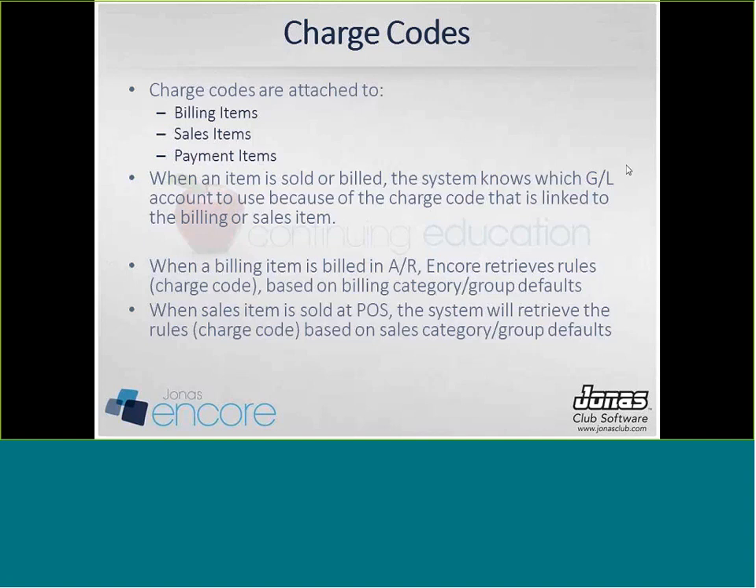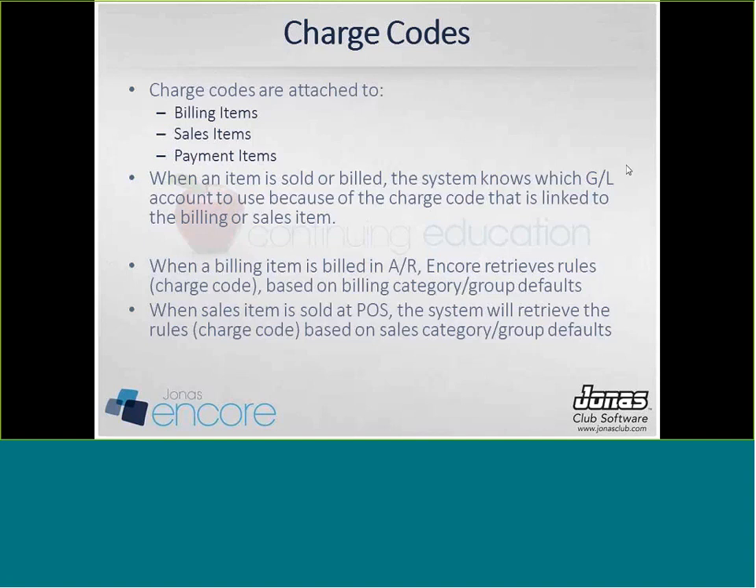When a billing item is billed in accounts receivable, Encore retrieves the rules or the charge code based on the billing category or group defaults. So the way the system works is with a hierarchy. Everything in the system, billing items, sales items, payment items, has a group level, then a category level, and then the actual item